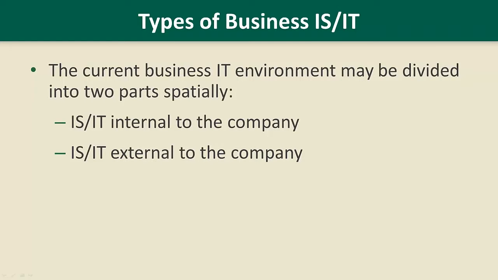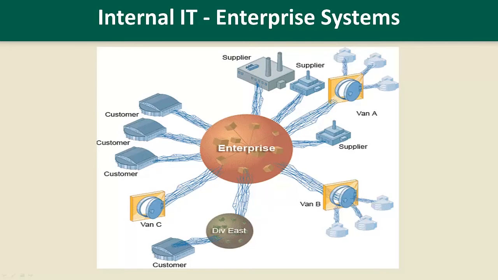One way to talk about the current business IT environment is to divide it spatially into two parts, that is, in relationship to the company itself. There's IS/IT internal to the company and IS/IT external to the company. And by IS/IT we mean information systems and information technology. This illustrates that layout. Notice first of all the internal IT, the enterprise system as it's commonly called, is represented